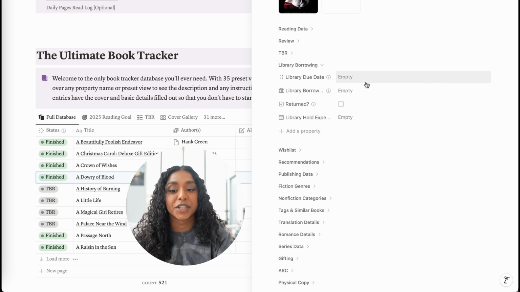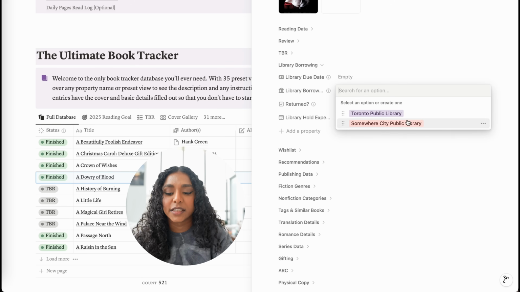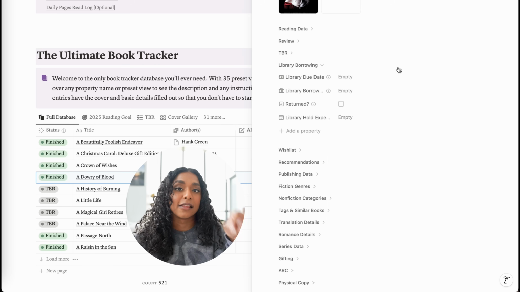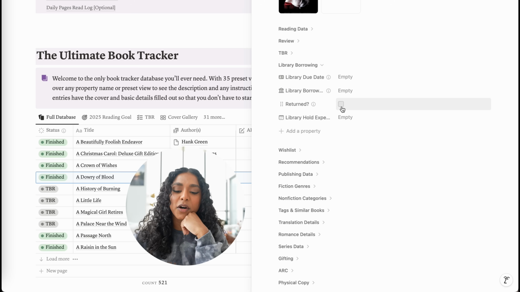So you can put in your library due date, and the specific library that you borrowed from, if you have multiple accounts from different libraries. And then I also have a property for when you're expecting the library hold to come in, so if you put it on hold and you're waiting for it. And then I've got this little checkbox that says